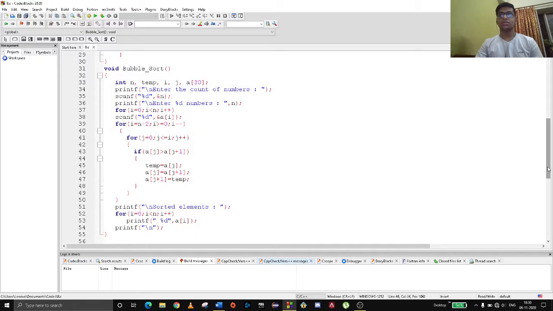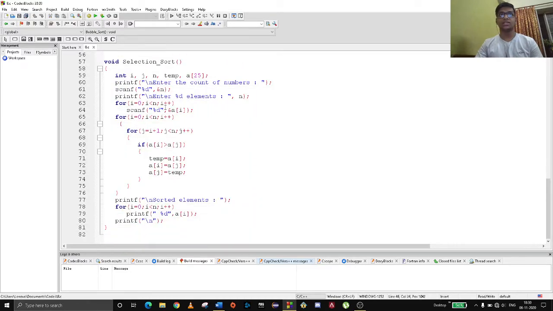Now I have also implemented selection sort. Selection sort says we need to get the smallest element and swap it with the greatest element. We check where the greatest is, get the smallest, and swap it. In selection sort we swap the smallest element into the greatest place.